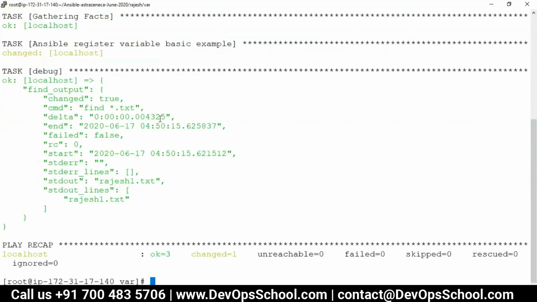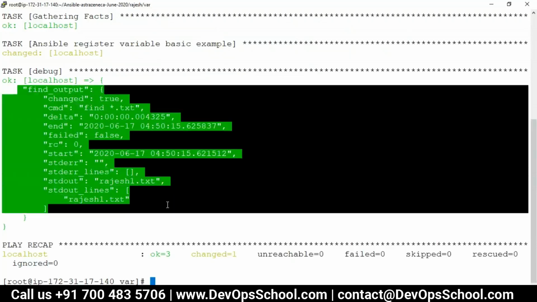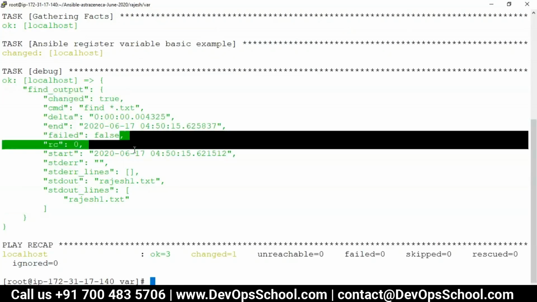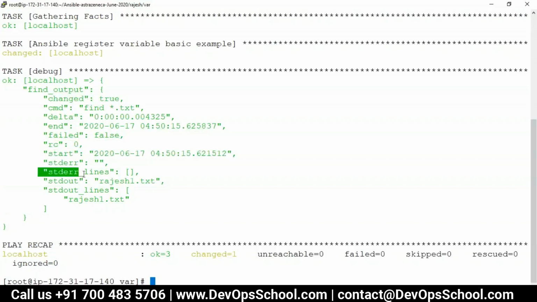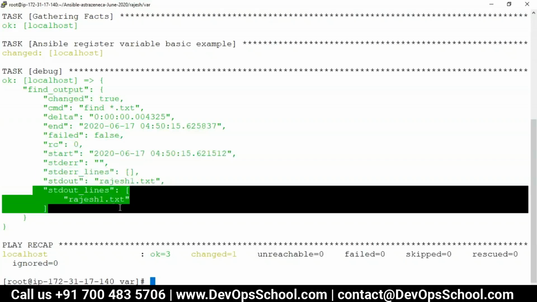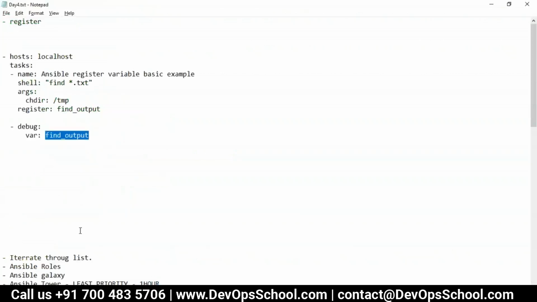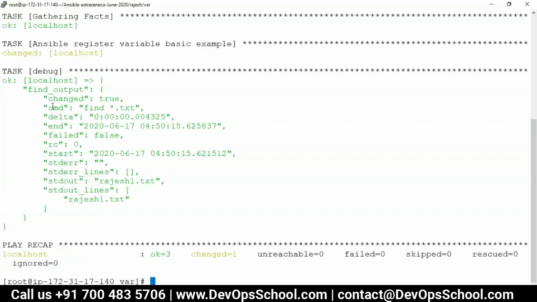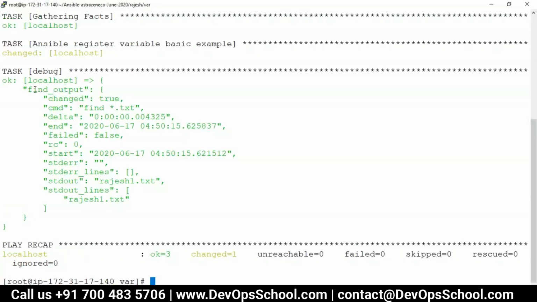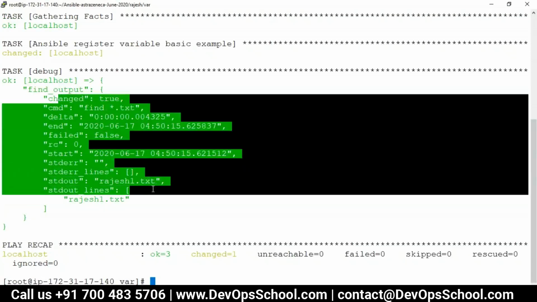Sorry. Now you have got this output. Now here, this is the output. You see here, this is a simple thing. Here you look at this. This is the list. But here again you have a list. So now how to iterate through the list and dictionary, I'll teach you. That's a part of this. But here, this is the output. Now anything which you want to use, find output for this, you can do that.